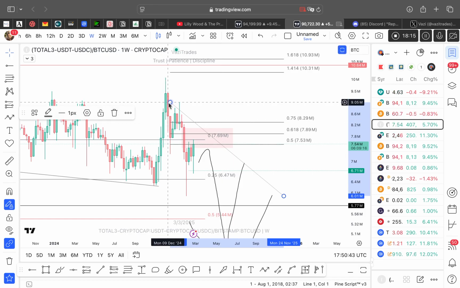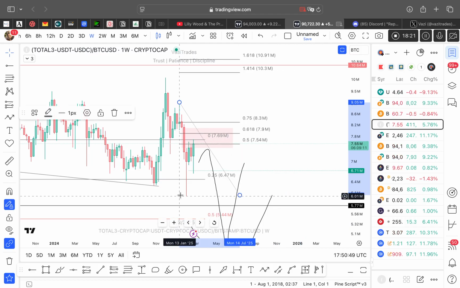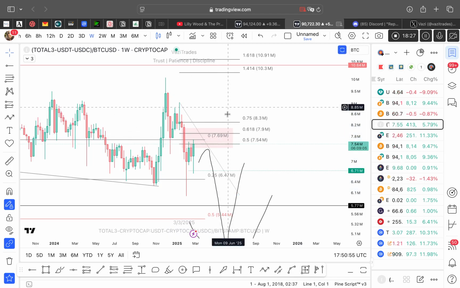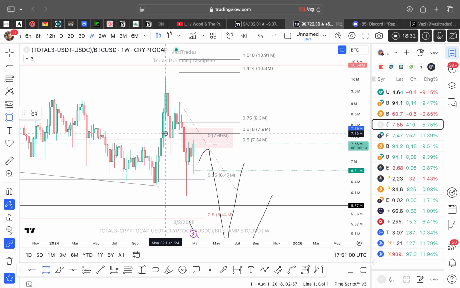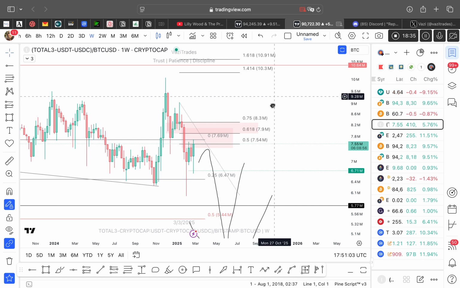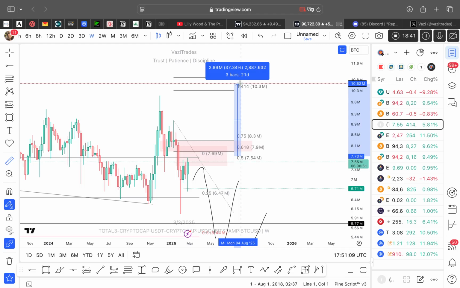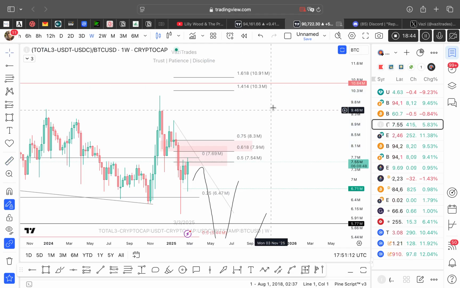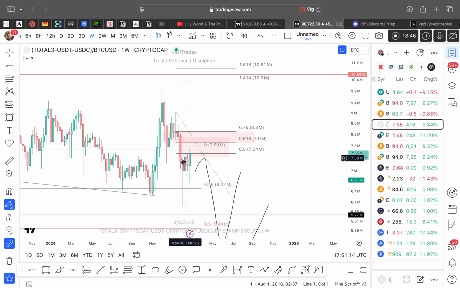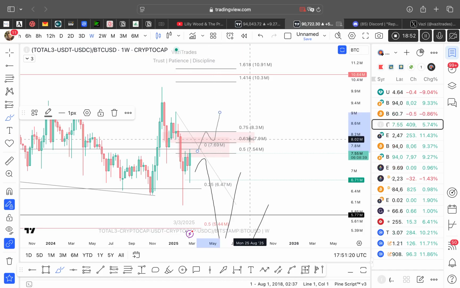Here it is. Okay. Look, I put fib from this high to this low. We have weekly FVG, weekly FVG, and these resistance zones. So if you want to see a bullish trend, at least short term until this area, and it is already 37%, and it is a lot for alts. We need to see during the next week this chart flip above at least 0.618. In this case,